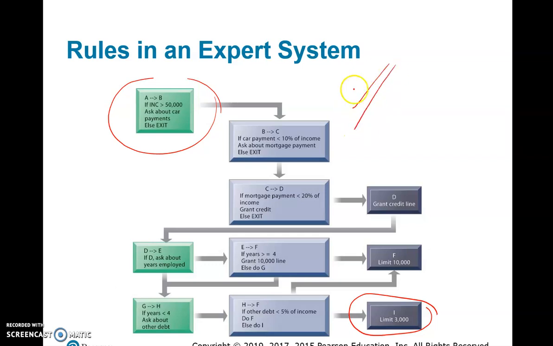In fact, this is what happens in most places. In most of the banks and most of the credit giving authorities, this is what is done. It uses certain production rules, and it has an expert system. So when you go to a store and say, I want a credit line, they ask you for your social security number, and use that number to get all your profile information. They feed it into an expert system which has certain rules which are processed, and then they come out saying, hey, you can get the credit line.